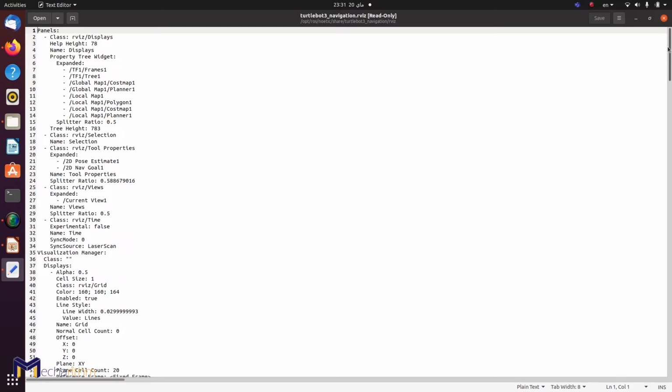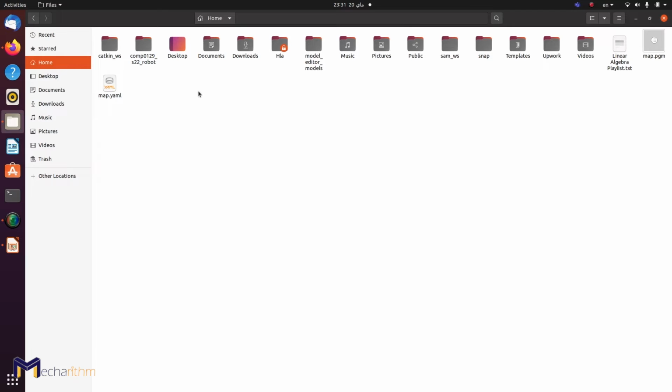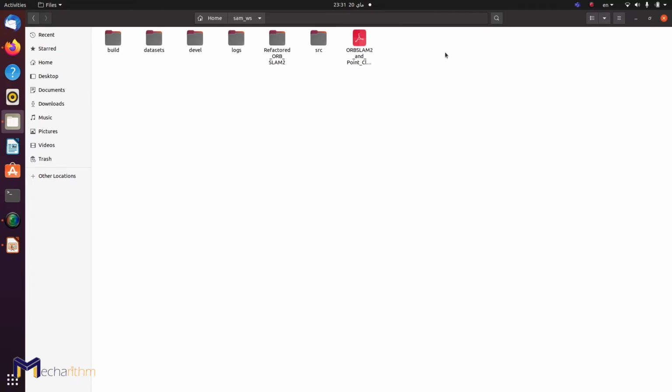So I need to visualize the scans and visualize the global map and the coast maps and stuff like that. So I'm going to visualize the same thing. So I'm going to copy that folder as is. So indeed, if we go here to my home directory, we will find that I already copied these files, and